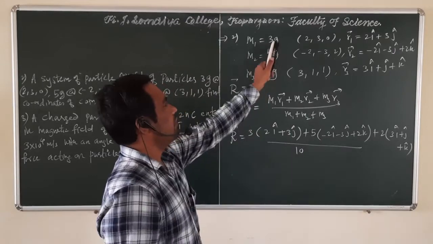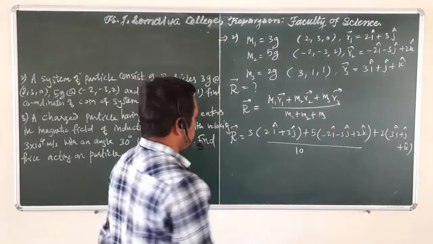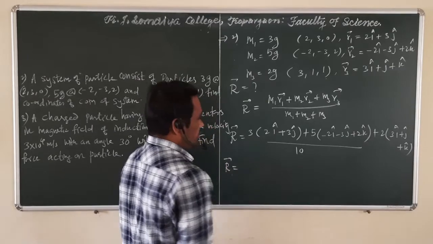Okay, 5 plus 3, 8 plus 2, which is 10. So vector R is equal to, now see,